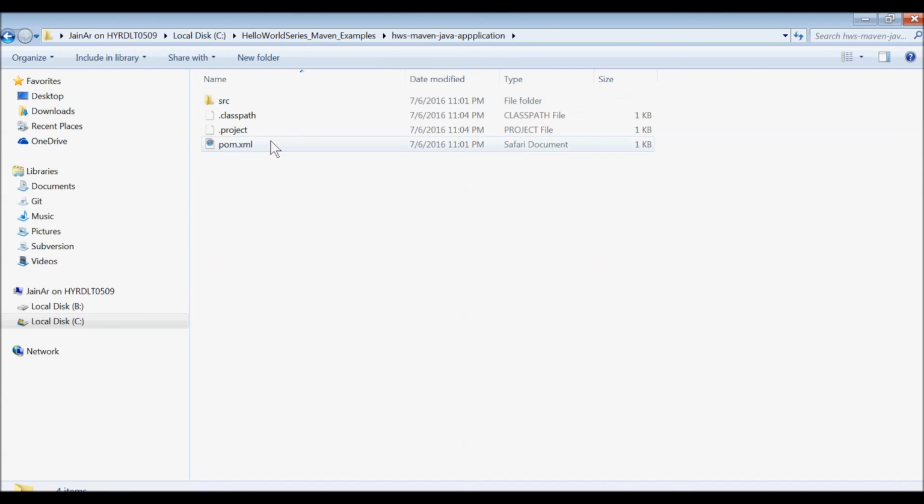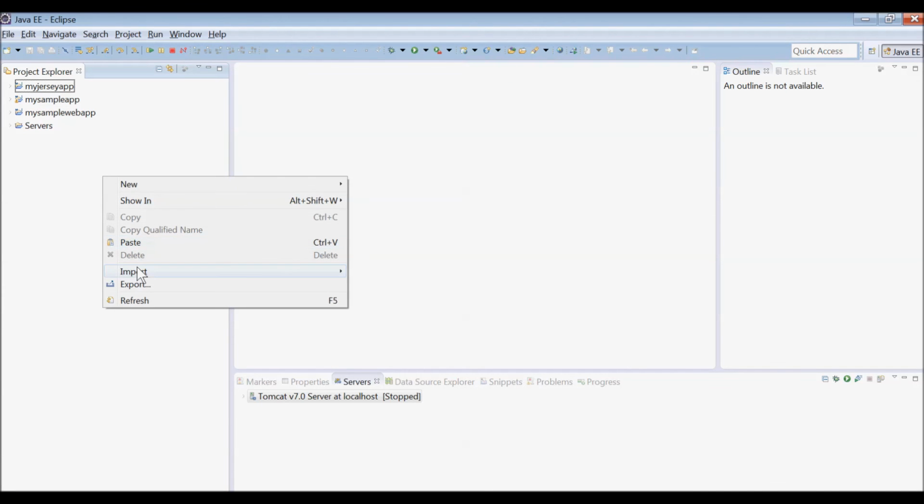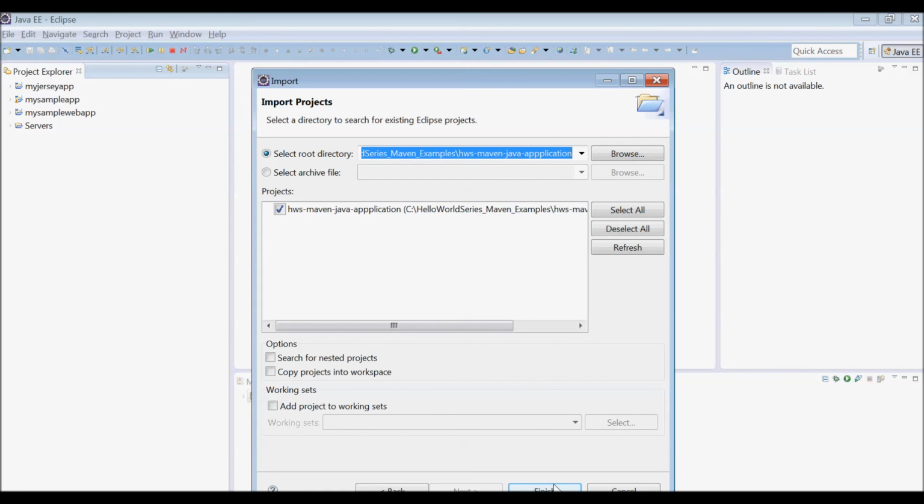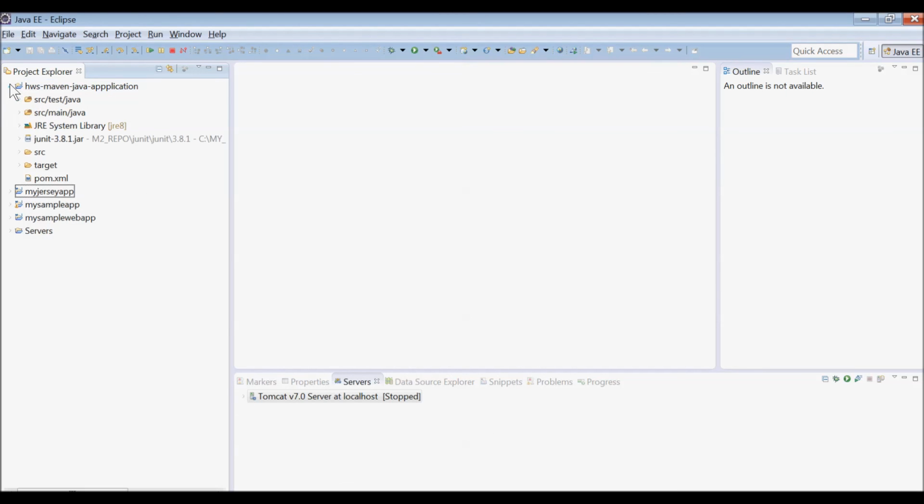If you see that project again, these are the two files specific to Eclipse, generated by the command mvn eclipse:eclipse. So I'm sure that now Eclipse would happily identify this as an Eclipse project and allow it to be imported. Let's try importing again. See here, it identified it. Let's finish. So it could identify this project as Eclipse because of the classpath and project files. They were created by the mvn eclipse command, and we are able to import that project successfully.